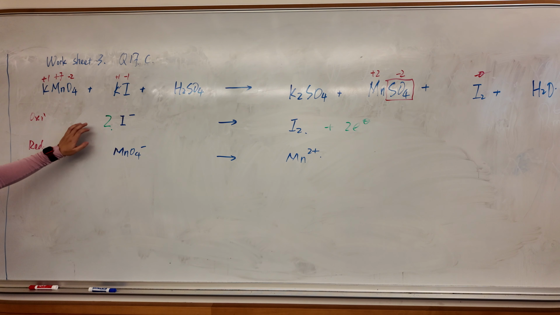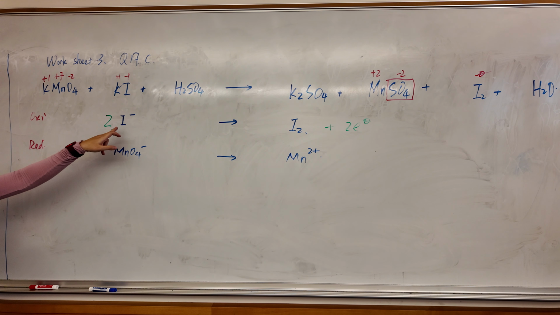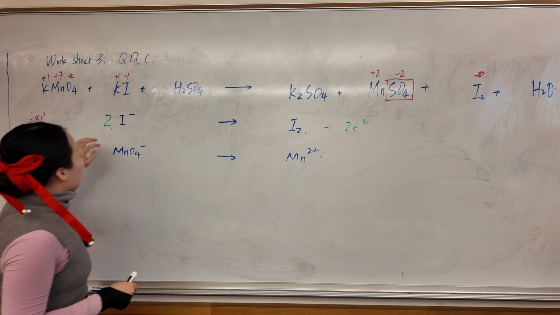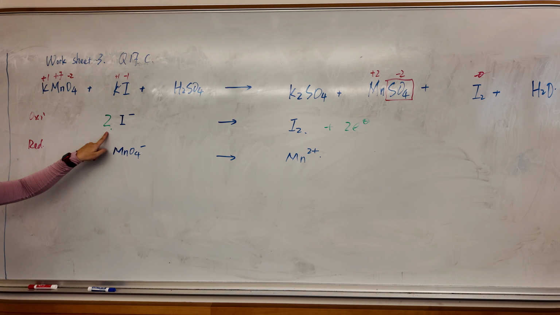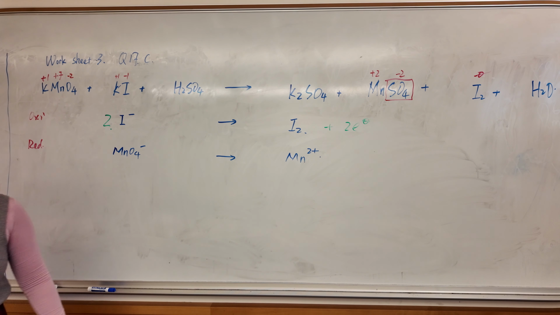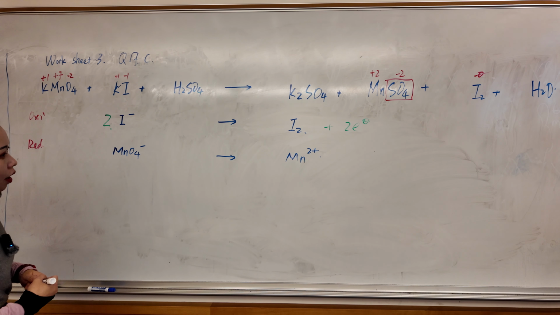Actually, that's a good question. So, step four. What do we do for the first step? Non-hydrogen, non-oxygen. So that's iodine in this case. I have 2 of them. We skip hydrogen and oxygen since they don't exist in the first. Okay. Electrons are used to balance charge. I have -1 and I have 2 of them, so I will need 2 electrons to make both charges 0. Yeah, I figure most people are confused on this part. But it's okay. All right, the second part could be a little bit tricky because